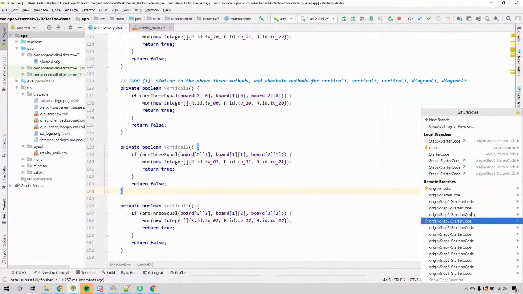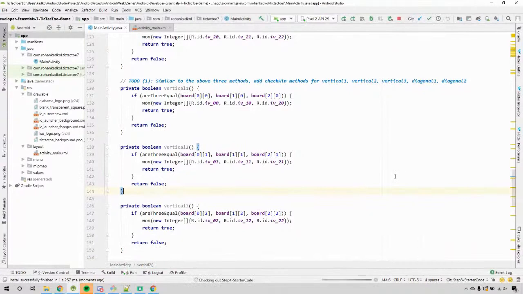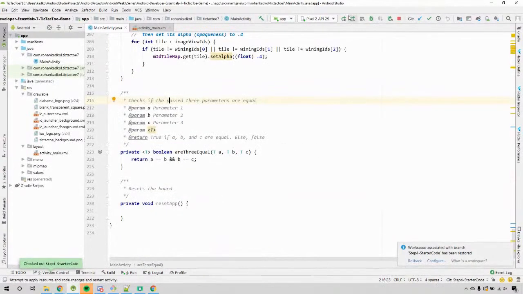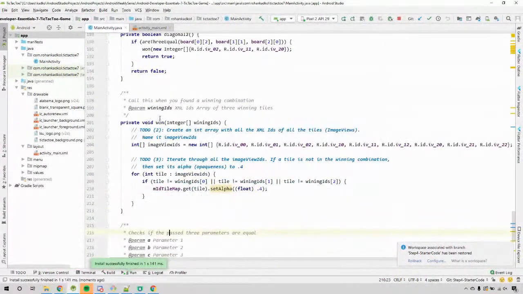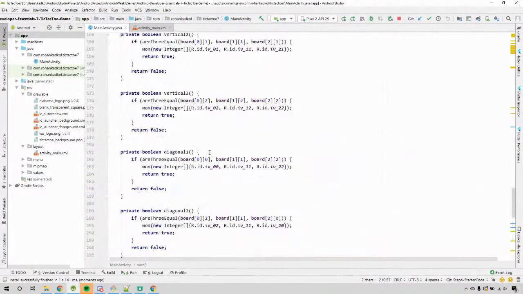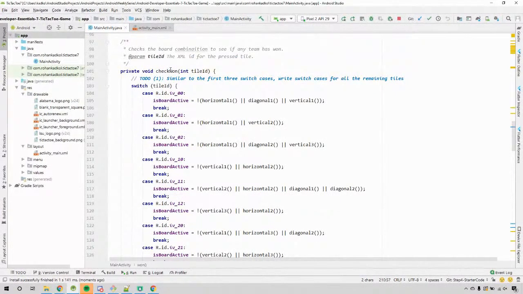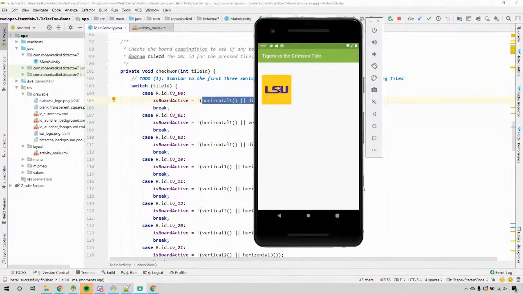Step 4. Now here is where we have actually done the check win. So let us verify if our logic is correct. What do I mean in step 4? Remember, we coded this one where it cycles through all the image views, and if an image view is not in the winning combination, it sets it to translucent. We also did the check one method where it checks those corresponding winning combinations, right? So now if our app is coded correctly,